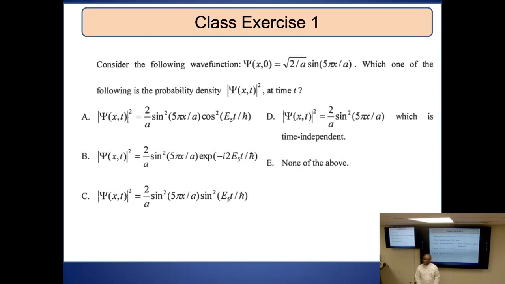Are we ready to vote? Anybody made their choice? If you've made your choice, please show by a lift of the hand. Very good. So let's discuss. The probability density is just the square of psi. You've been given psi, so square it and pick. Does that make sense? It looks obvious until we have a couple of these on an exam. But we want to make sure that everybody gets the basic. So have you now made your choice?